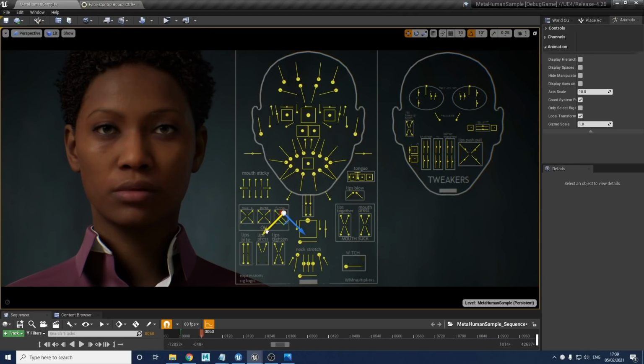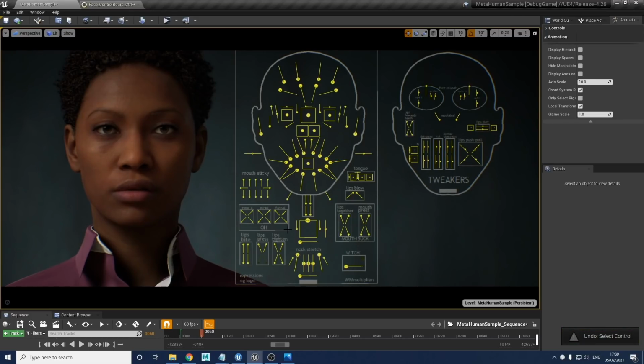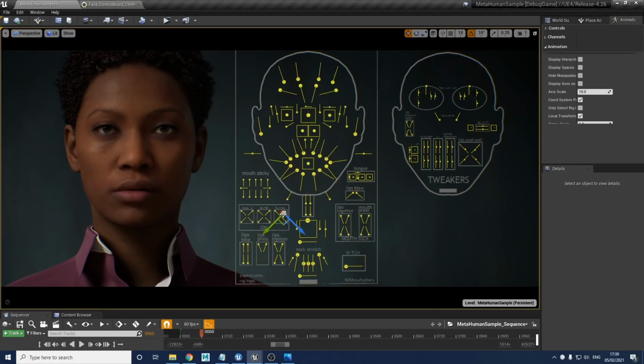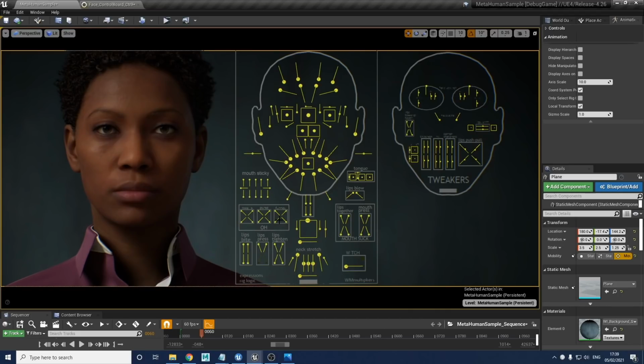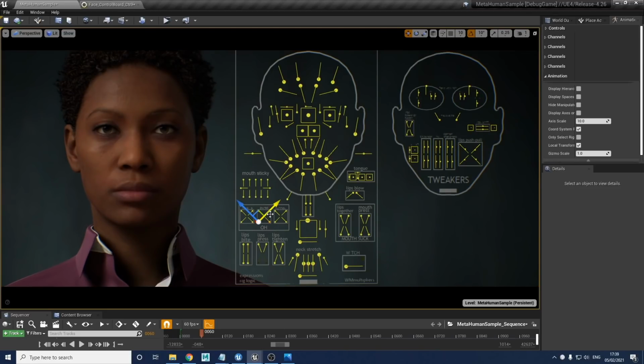So if you just need a little bit of funnel, if you're going to do like an Elvis lip, raise this. So that's the funnel control. That's going to roll the lips out and towards you. The purse control next to it is going to narrow the lips like so. Give you like a little pursy lips there.